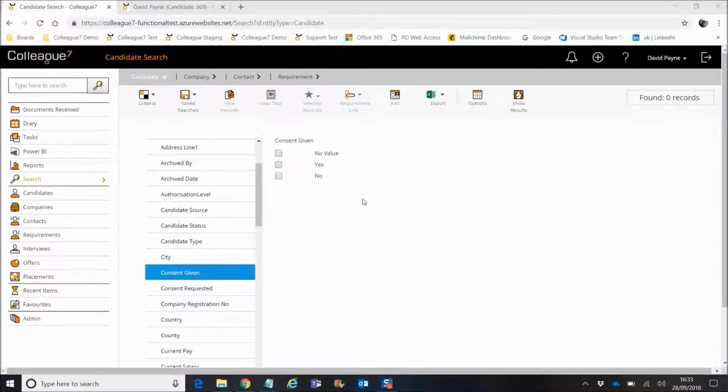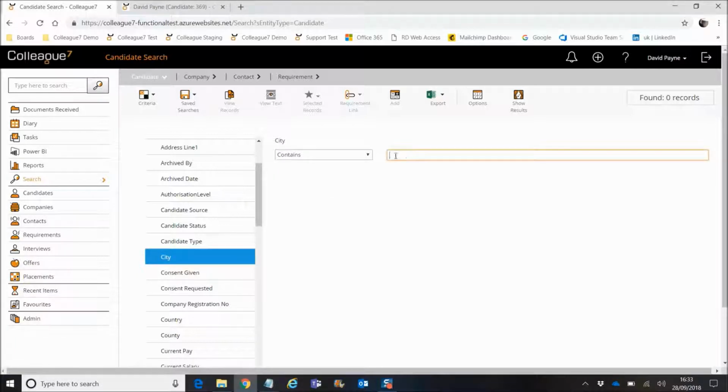The next field to cover are text fields, so these are alphanumeric fields, if you will. These are scenarios where the field could contain any free text that you've typed into that field. And for these fields, you have an option of begins with, contains, or ends with as part of your search. So if we set begins with, we can enter in just the starting element of, in this case, a city